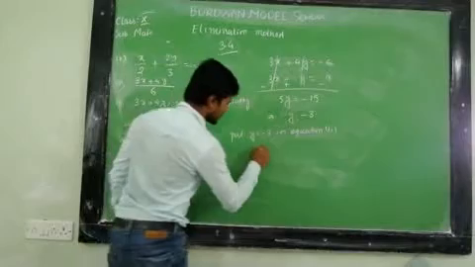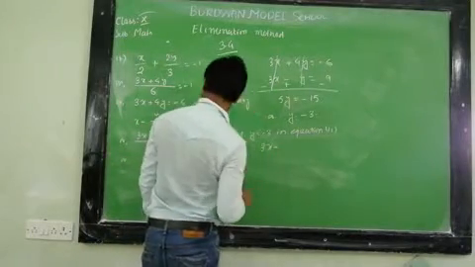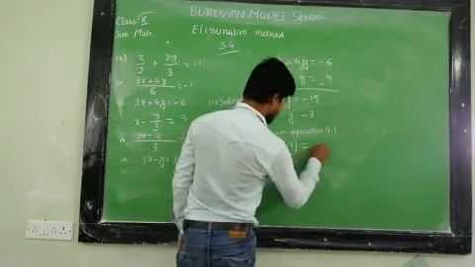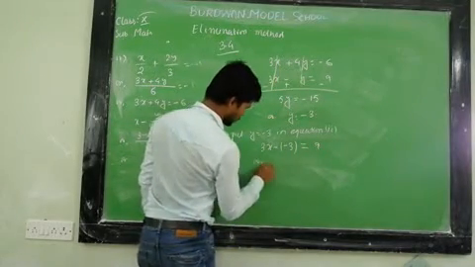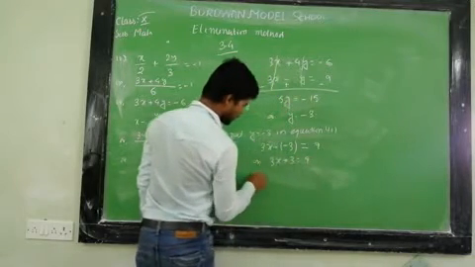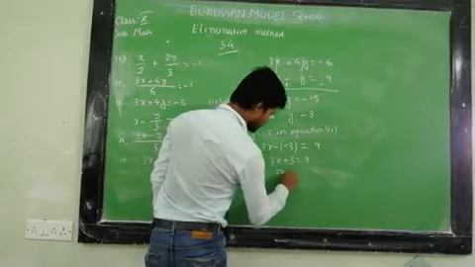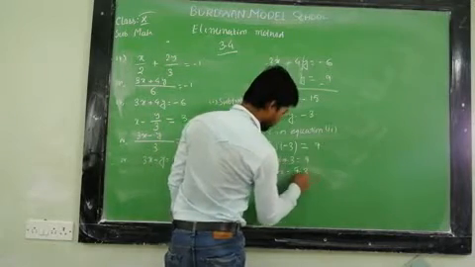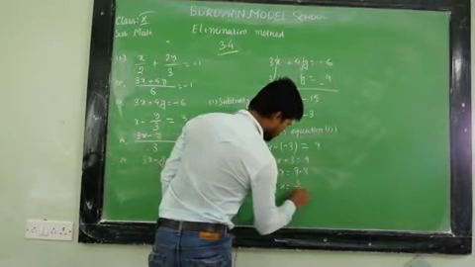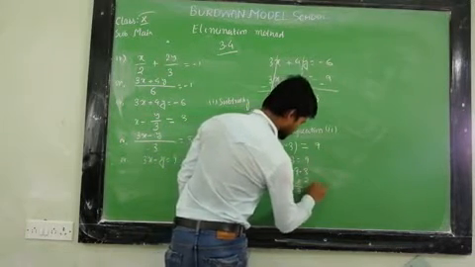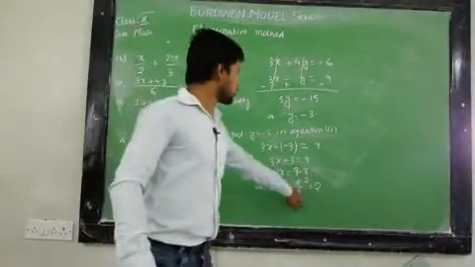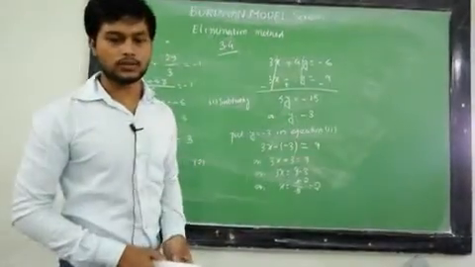So we have 3x minus y, and putting the value of y equal to minus 3, that is equal to 9. Or 3x plus 3 is equal to 9. Or 3x is equal to 9 minus 3, which will be equal to 6. So x will be equal to 6 by 3. 3 2s are 6, so 2 is the answer. So the solution of the given equation is x equal to 2 and y equal to minus 3, and hence solved.